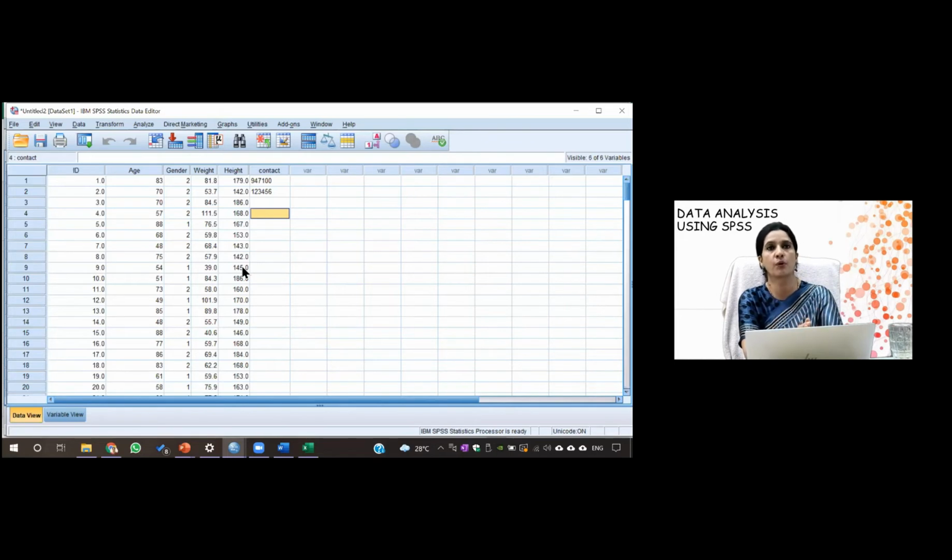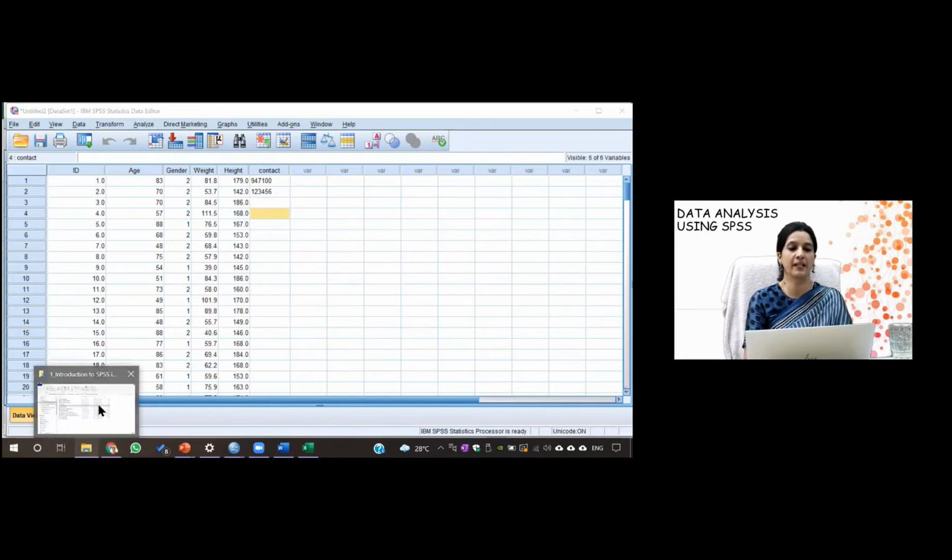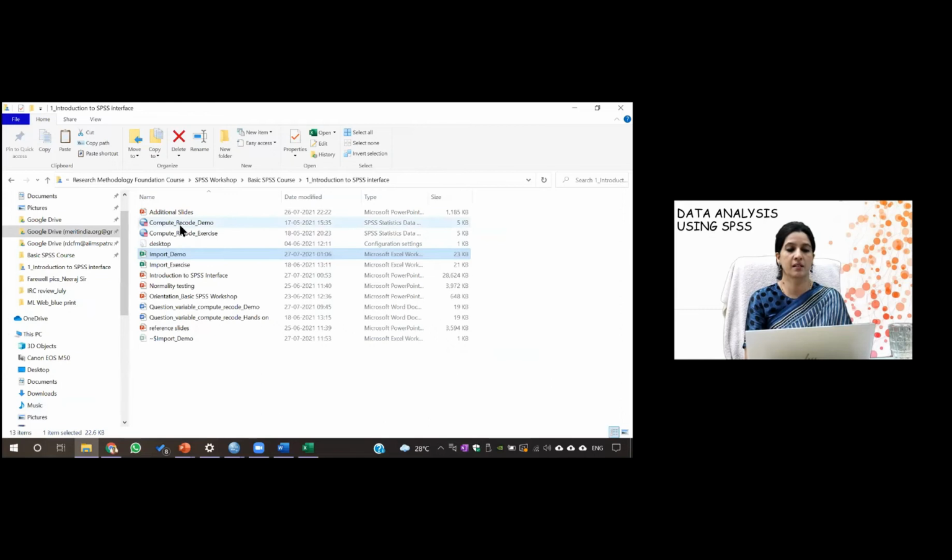Before I go to the code and recode, this I have shown you for the hands-on purpose, how to export and import the data, that Excel sheet. But the actual calculation, I'll be showing on the clean data which we have. That is this compute recode demo.